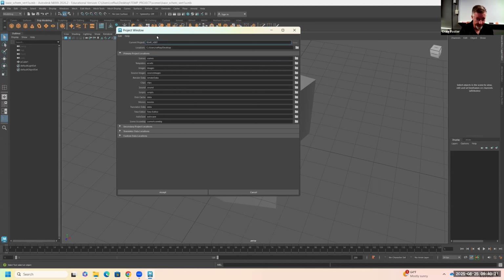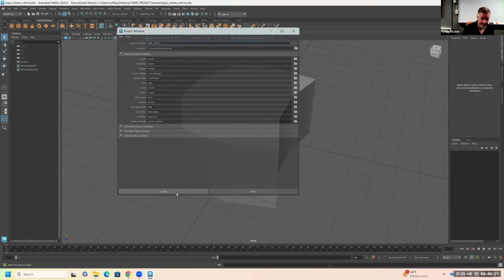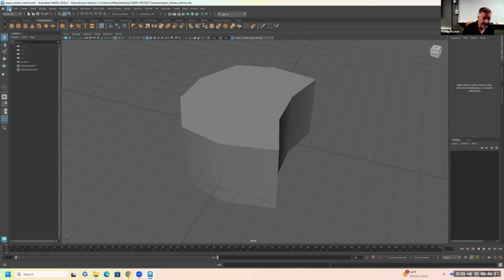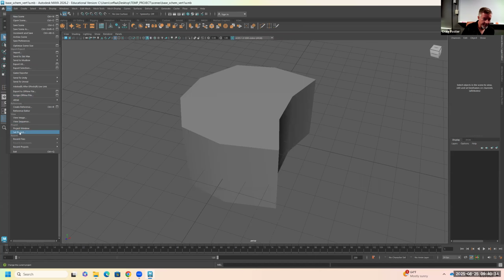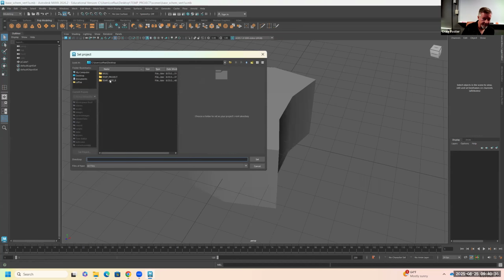We'll call this temp vert B, and this is again going to the desktop. So I'm going to say accept. And if I now go to set project, you can see that I've got temp project, I've got temp vert B, which is the one we just created. If I select that and say set,